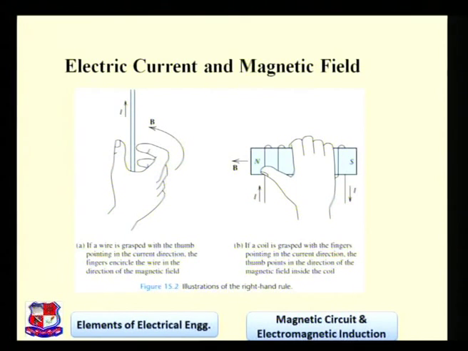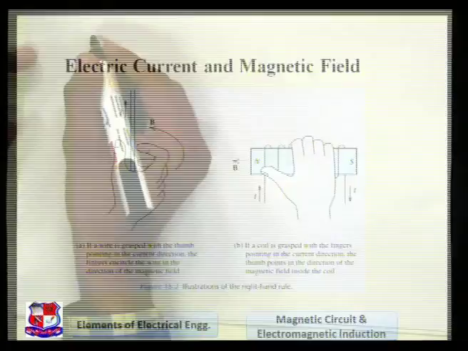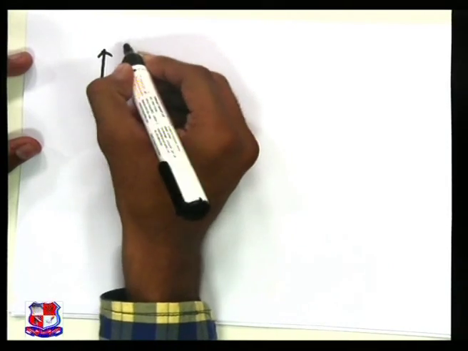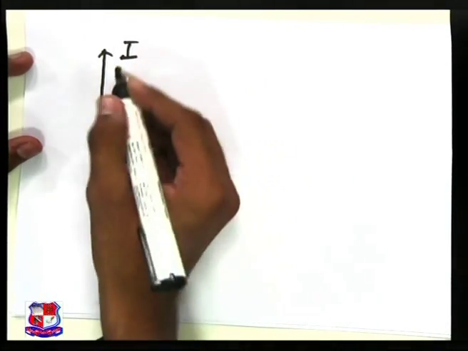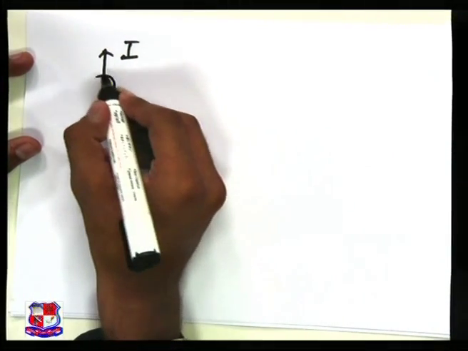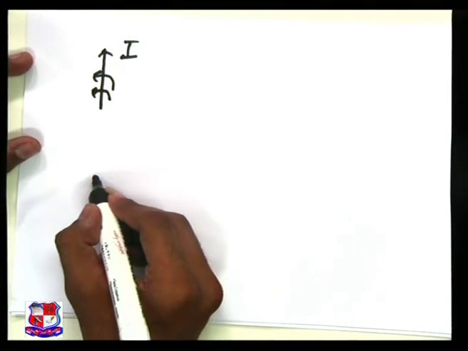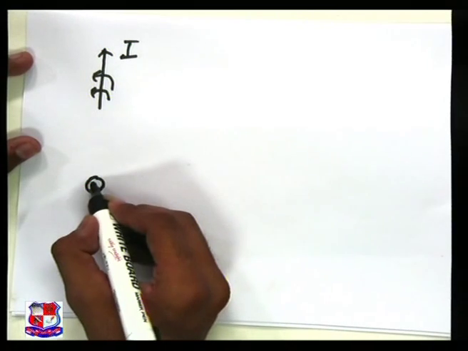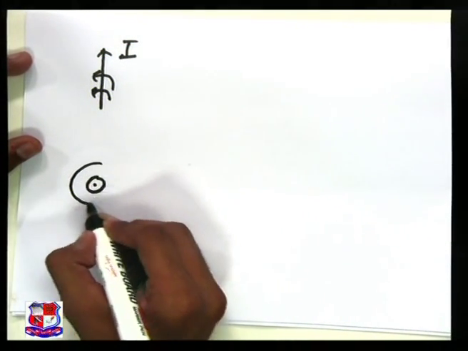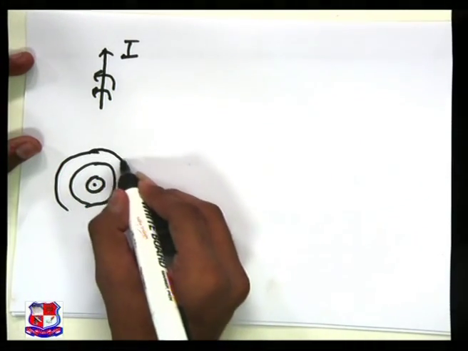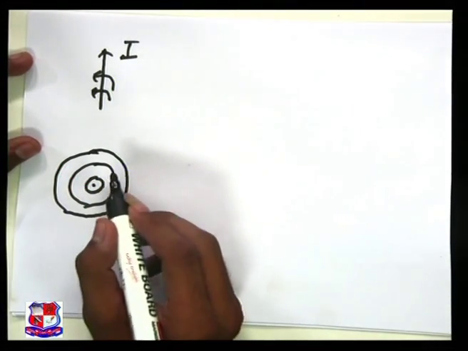It means, friends, that here the direction of current I is upward, so the fingers will give us the direction of the magnetic field. It means that if we take a plain paper and we have the direction of the conductor upwards, then